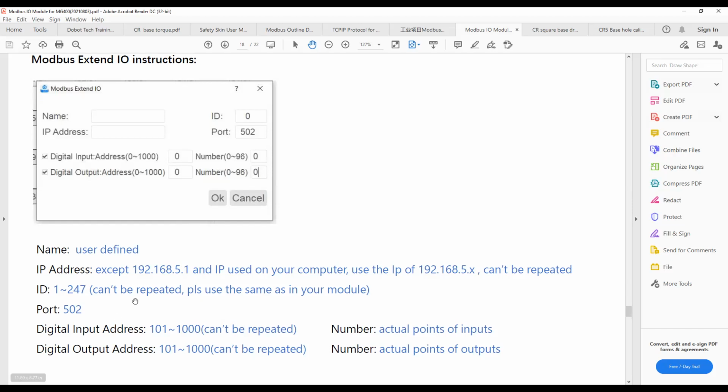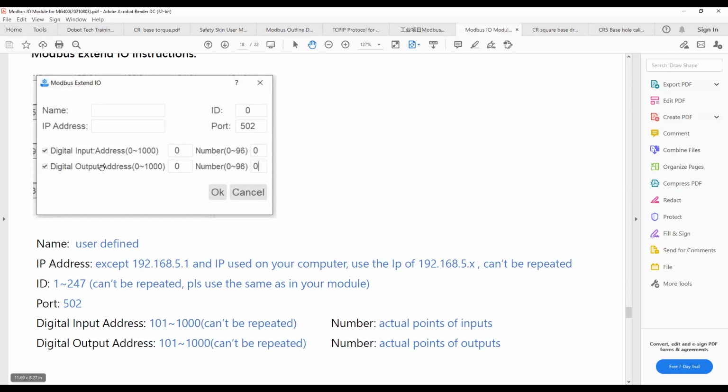So for this ID, it cannot be repeated, and you cannot use the same one in your module. For example, you have two pieces of the module, so the ID should not be the same. If you set one, you cannot use ID one again. And for the input address, it can be repeated, and the address should begin from